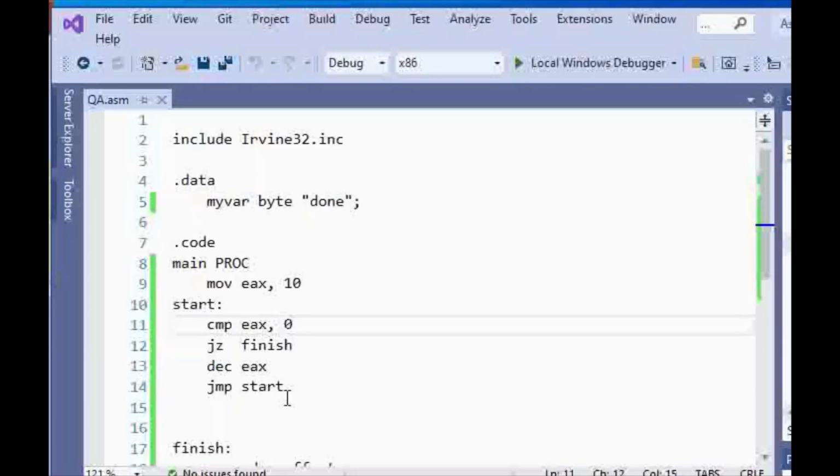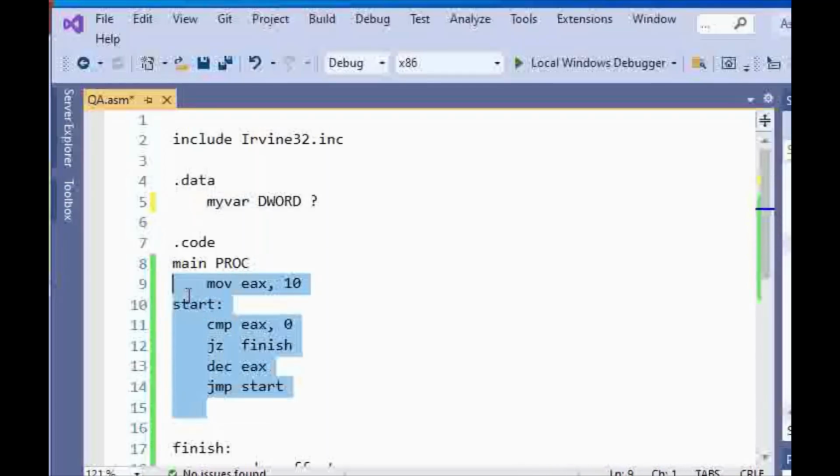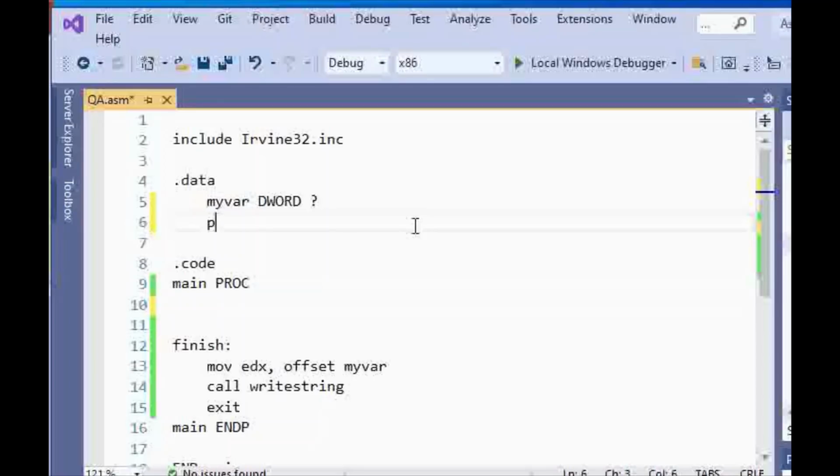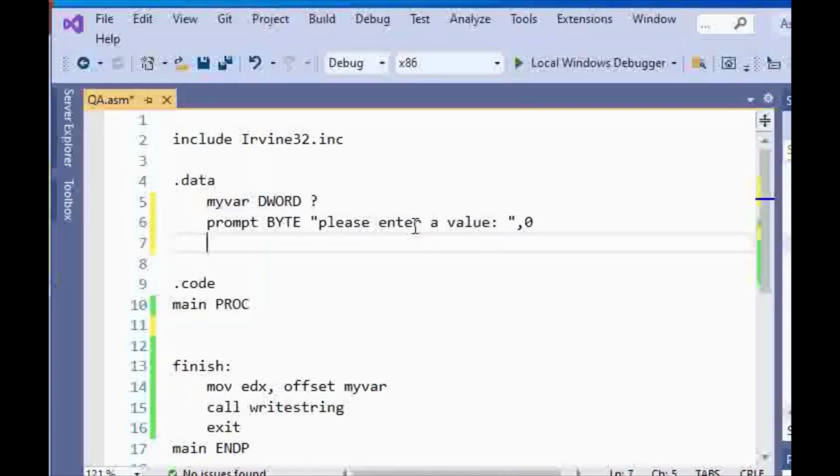Then I'm going to show you one last thing, and that's going to be, I have my var DWORD for a number, and I'm going to put question mark because I don't know the value yet, and I will have prompt BYTE, please enter a value, and then we're going to say result BYTE, your value is,